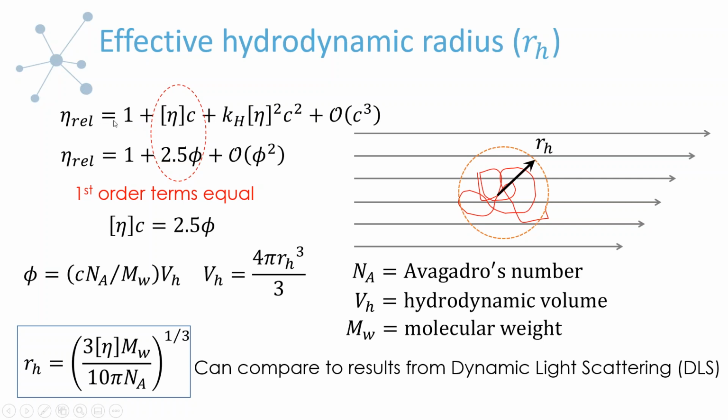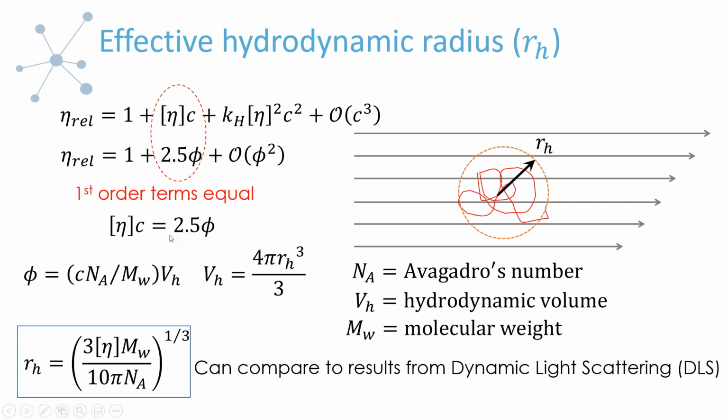So we can expand it in terms of concentration, or we can do it in terms of effective volume fraction. Either way, regardless of the variable that we're using, the first order terms will have to be equal, so that the terms accounting for the infinite behavior at infinite dilution and just pure hydrodynamic disruption due to the presence of these objects, these are going to have to be equal.